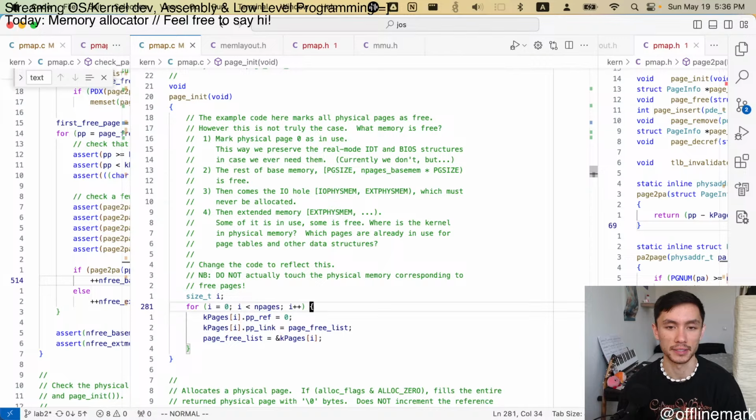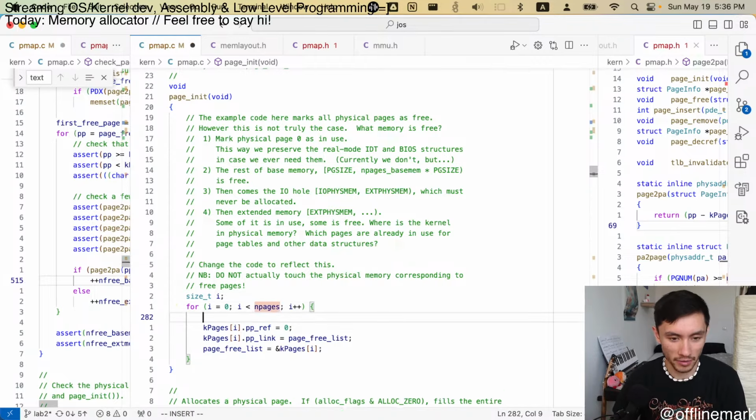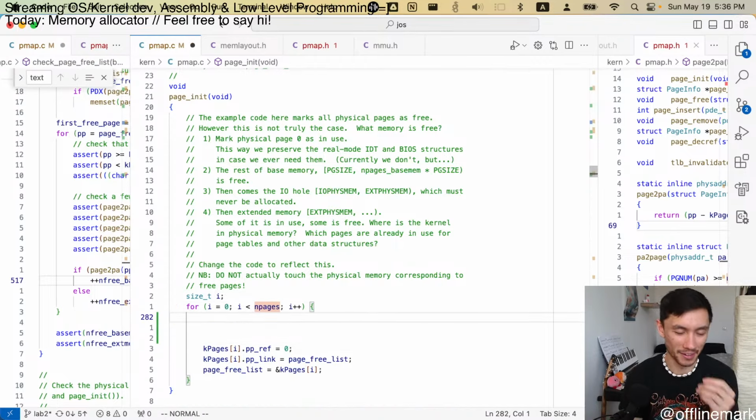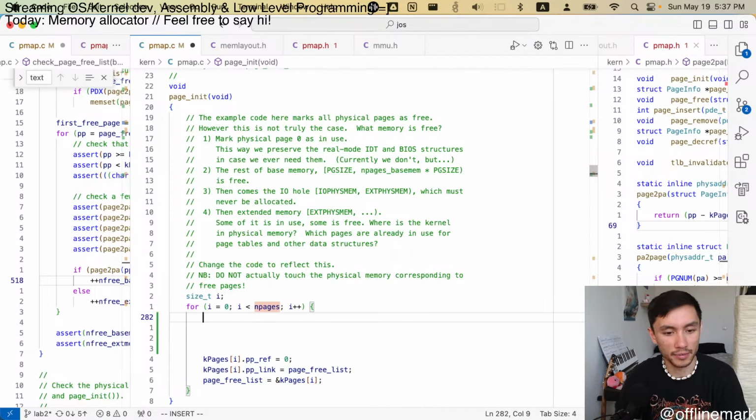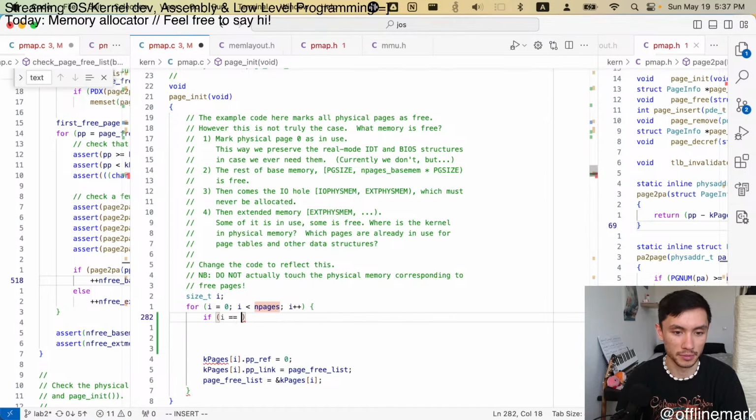Mark physical page 0 as in use. So we have our normal code that runs. If one of the pages is actually legitimate, we run the normal code. Then maybe we can have some exceptions. I'm just going to do this the dumbest way possible. If equals